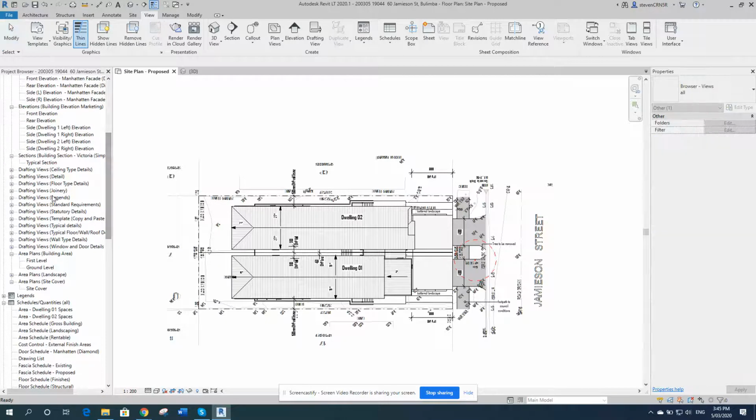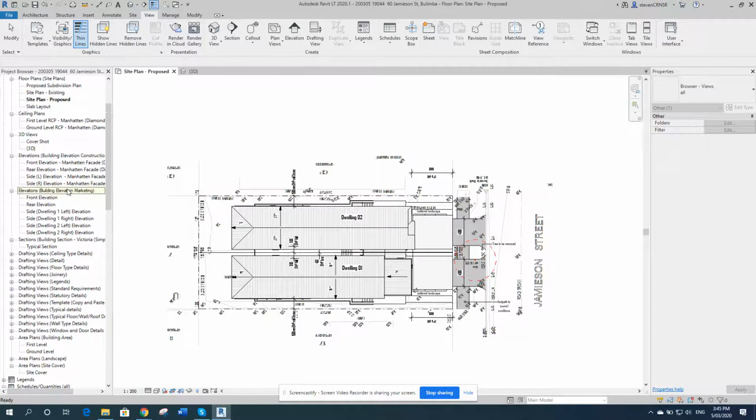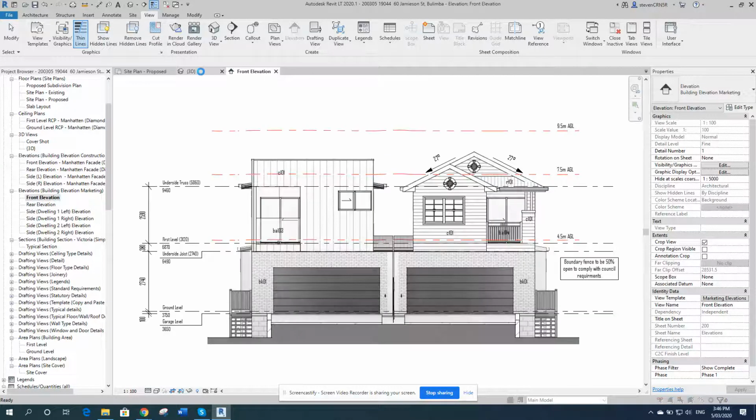So when we start a new job, we normally have all of those elevations, because you have to duplicate so many elevations, and for your existing elevations and your proposed elevations, and then you've got demolition one, so you have to duplicate so many of them, you can end up with a massive list in here. But we normally do it to keep our